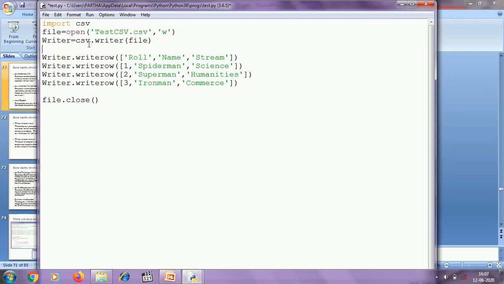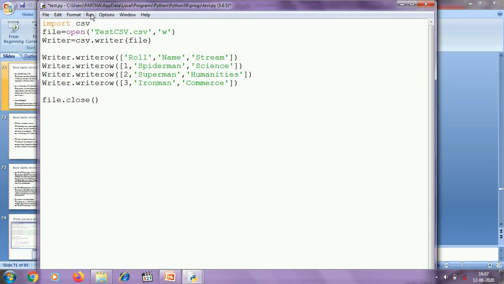For example, here we are using the writerow method of the writer object. Using this method, we can write a row to the CSV file. For example, here we are writing roll, name and stream, and these values will be separated by comma. And always remember, the argument of the writerow method must be an iterable object. It may be a list, it may be a tuple.